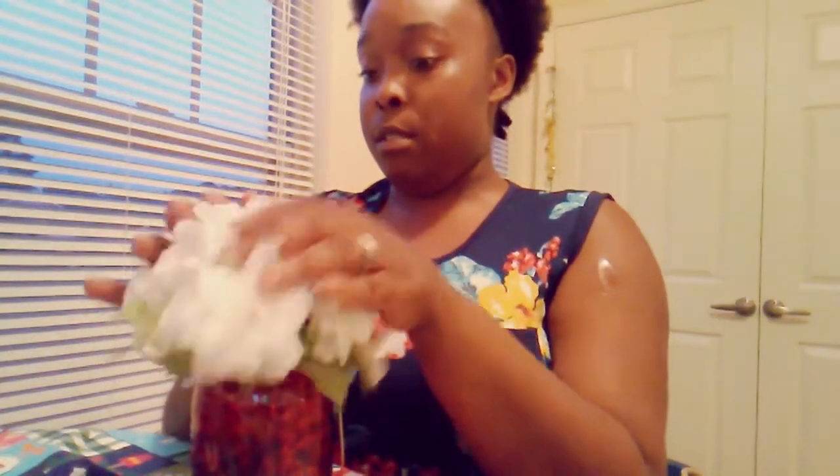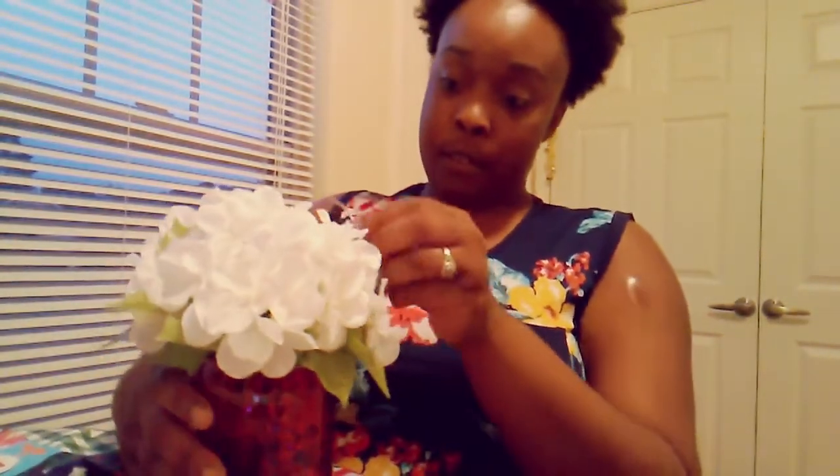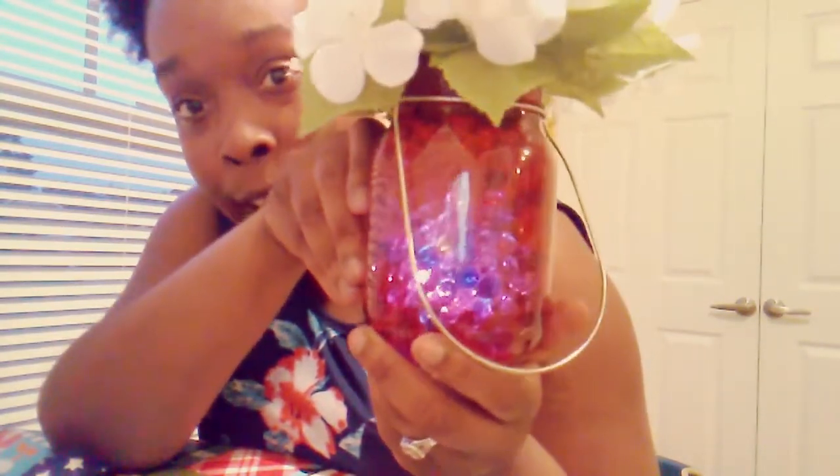All right, now we're going to add our bow. Trying to let you see the little light while you can. I still got a glimmer. There it goes. That is so beautiful, you guys. That is what I'm talking about. That is that flare, that glam that you will get when you actually put that LED tea light inside the